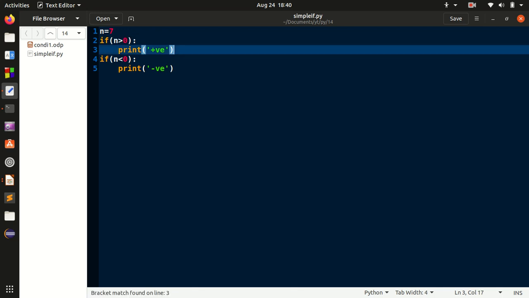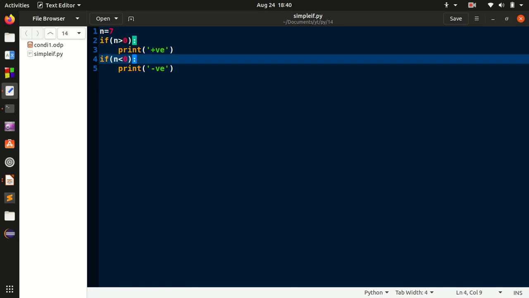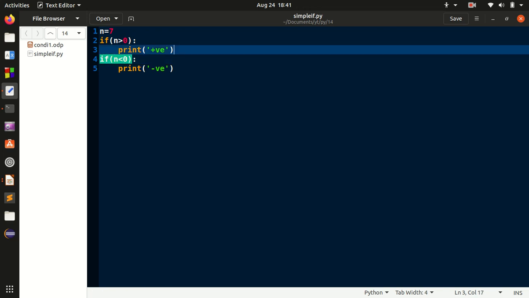After this statement is printed, it will also check the next condition again, right? So there is memory consumption with this approach. We only want a number to be positive or negative, we don't want to check the condition only by if.